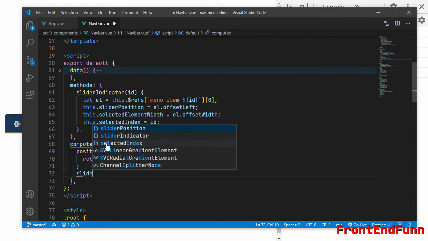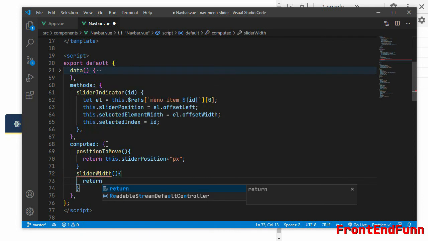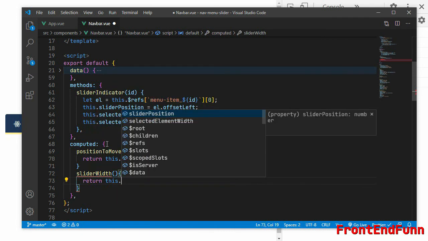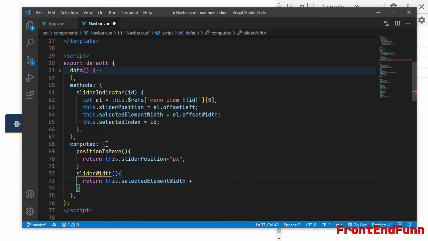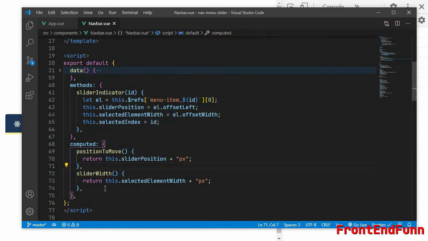Similarly, sliderWidth will return this.sliderElementWidth plus px. Now I can directly use these values inside the template with a style binding.